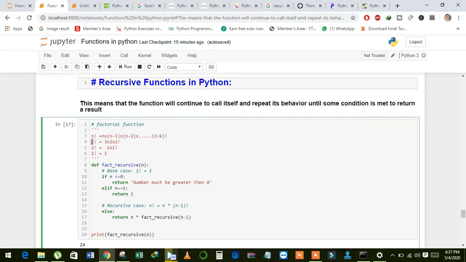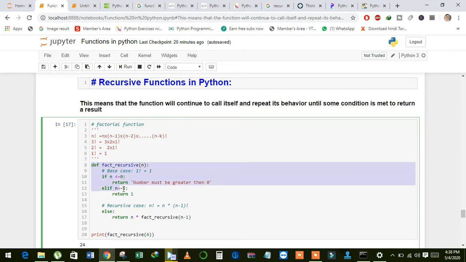If we want to find the factorial of 3, we will multiply 3, then 2, and then factorial of 1. If we want to find the factorial of 2, we will multiply 2 with factorial of 1, and factorial of 1 is always equal to 1. This is the base case of the factorial function.